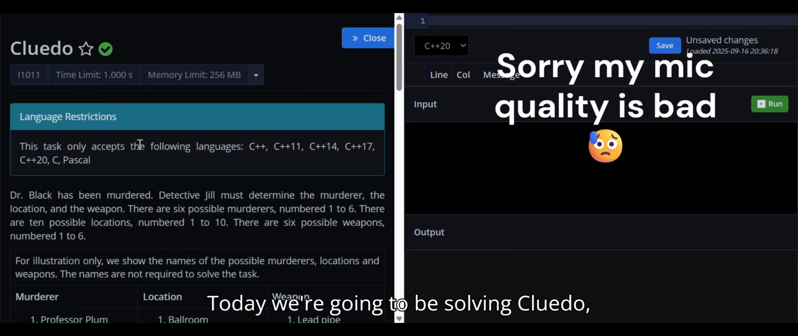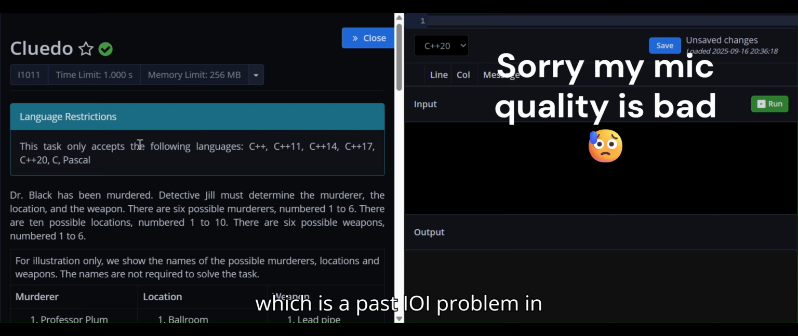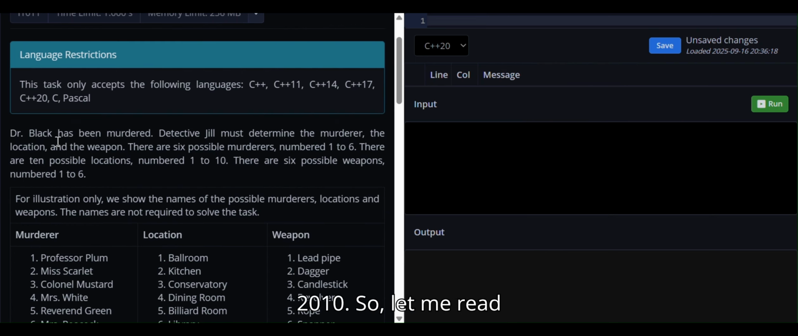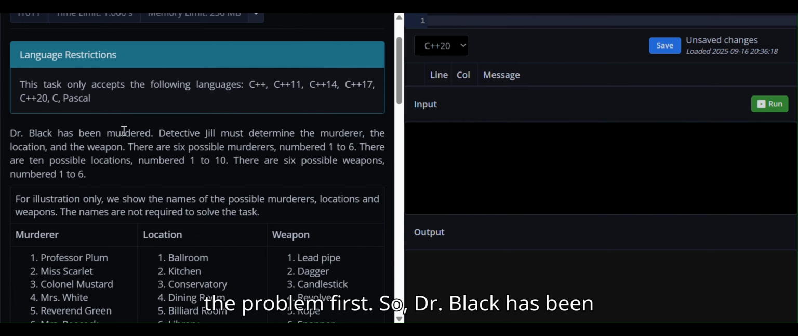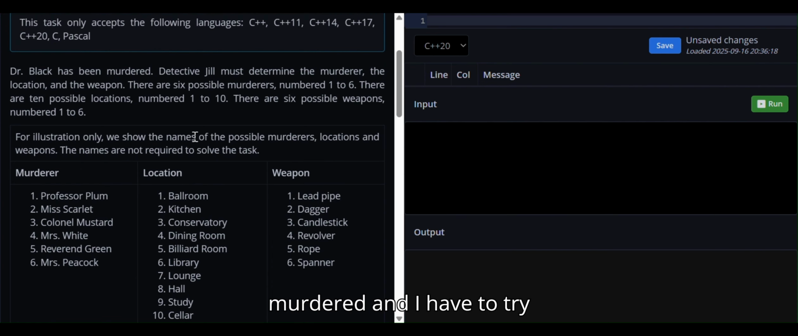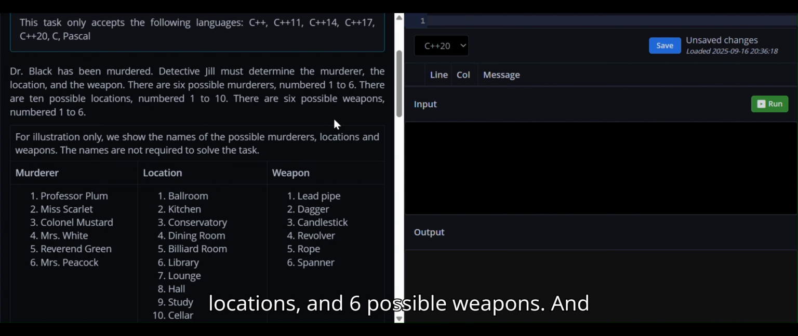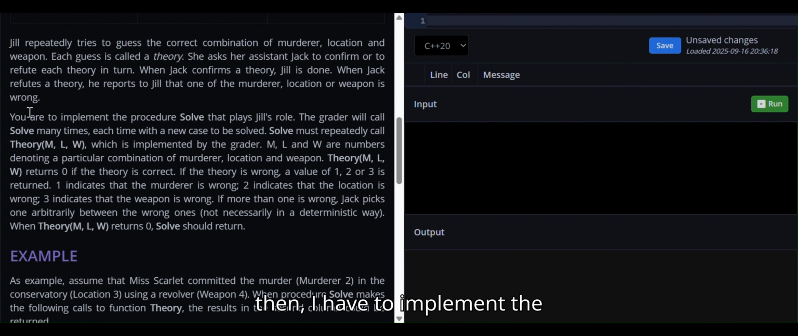Today we're going to be solving Cluedo, which is a past IOI problem from 2010. So let me read the problem first. Dr. Black has been murdered and I have to try 6 possible murderers, 10 possible locations, and 6 possible weapons. And then I have to implement the procedure solve, and we're going to have to call theory, which is implemented